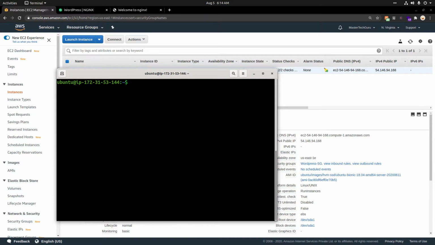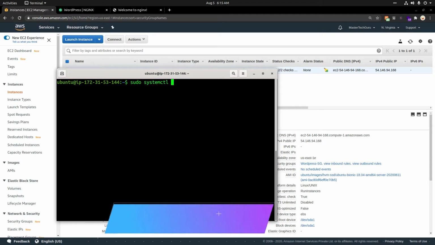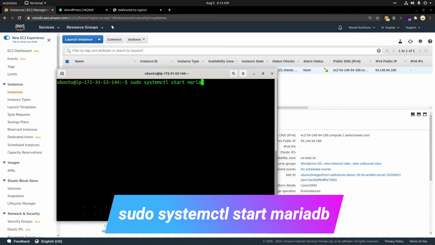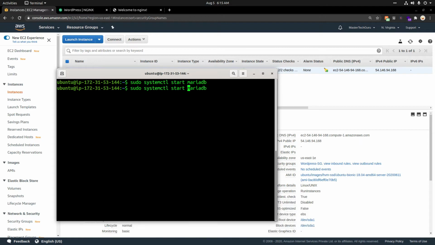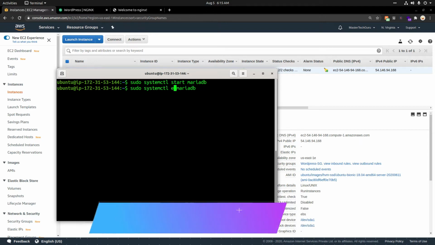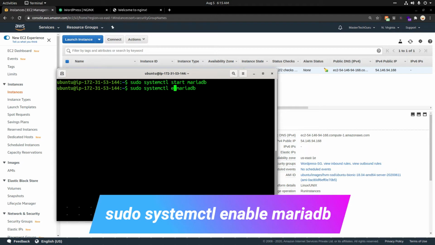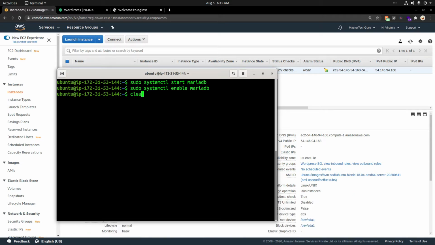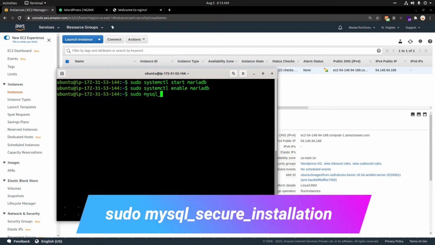Once the package is installed, now we will do the configuration. So we will use this command, sudo mysql_secure_installation. Before running this command, we will start the service of MariaDB. systemctl start mariadb, plus we will enable the service for the boot time. And now we will run sudo mysql_secure_installation,